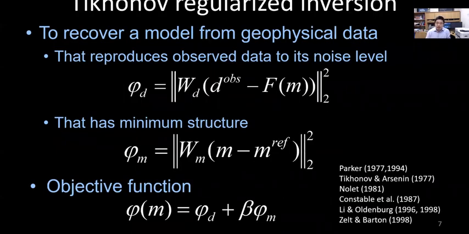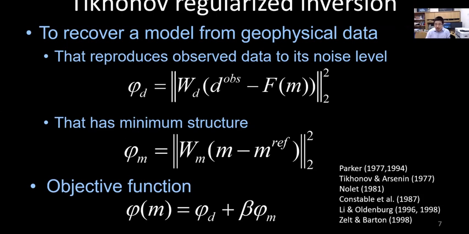So one of the inversion schemes is called the Tikhonov regularized inverse problem, and here I'm going to briefly talk about that. Remember, the goal of the inverse problem is that we want to recover a model from the geophysical data. First of all, we want this model to be able to reproduce the observed data to its noise level. Therefore, we have this data misfit term, phi d, which is simply a measure of the difference between the observed data and simulated data. But in the meantime, we also want our model to have a minimum amount of structure, because we don't want to overinterpret